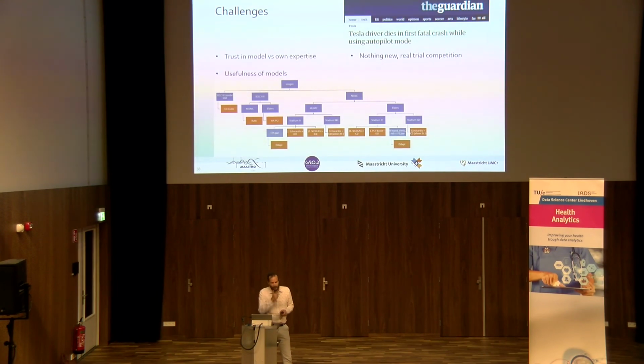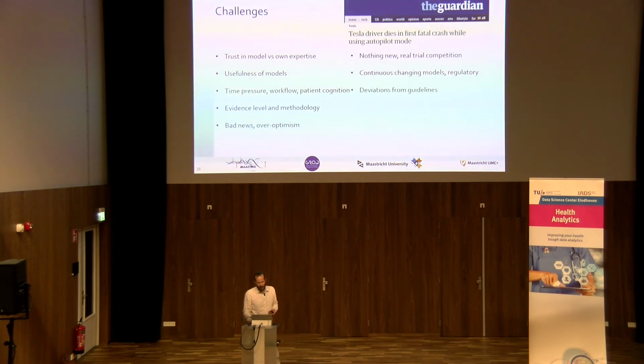And there's a competition between, what models do is, they select the best treatment out of the treatments that you have. That's not very sexy. It doesn't have new medications, immunotherapy, proton therapy. So you have a lot of competition of more sexy trials. There is the problem of deviation of guidelines. So if we start treating at MAASTRO 25% of our lung cancer patients with a low dose, like we should have done if you look at the Australian stuff, we will be seen as giving bad quality treatments. Why? Because the guideline says everyone has to get a high dose, and so we're seen as bad quality.